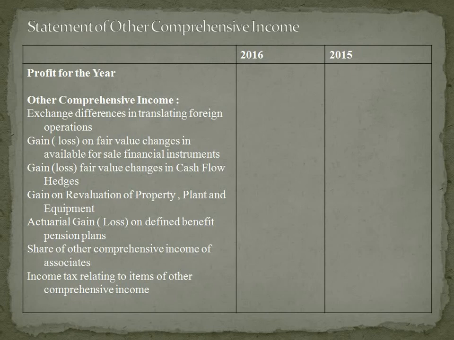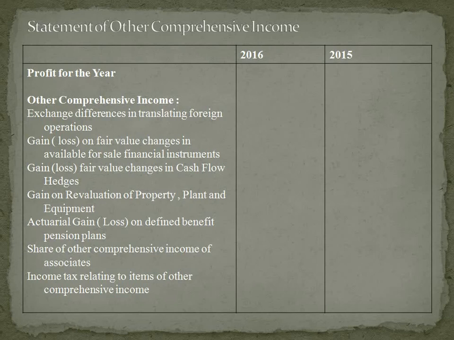Statement of other comprehensive income. If we observe statement of profit or loss and other comprehensive income, what is the difference between profit and loss and other comprehensive income? In other comprehensive income, we are going to show only a few items, that is wherever the exchange differences in translating foreign operation. Suppose, for example,